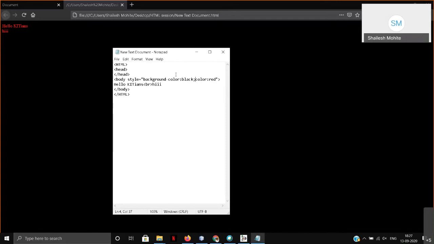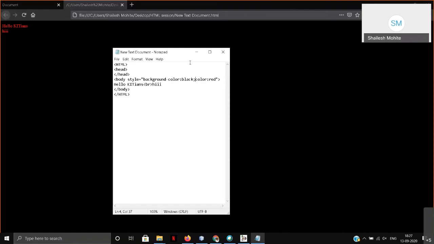Yes, it's changed totally. So what I am going to tell you is that this is an attribute, and this is the value of that attribute. So there is a difference between the attribute and its value. Attribute is commonly used, and its value is variable, means its value can be changed from color to color, or value to value. If it is font size, then it goes from 0 to infinity.